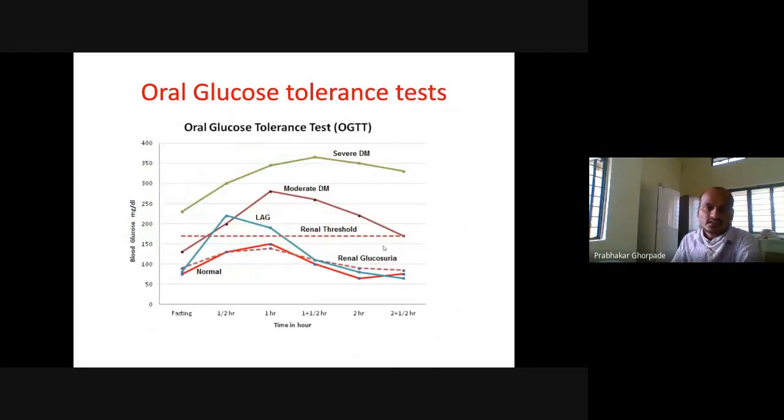Then next is the oral glucose tolerance test. For example, the laboratory glucose estimation we have already seen. Why an oral glucose tolerance test? The glucose tests, for example the GOD-POD test, glucose oxidase and peroxidase, were for estimation of the actual quantity. This oral glucose tolerance test is actual quantity estimation as well as an experimental setup.